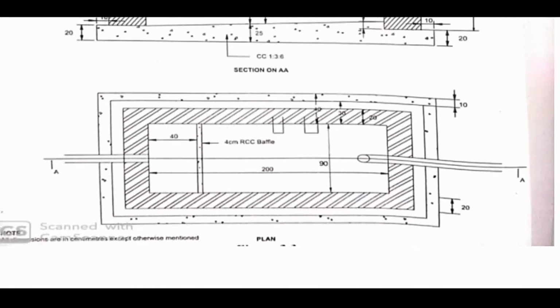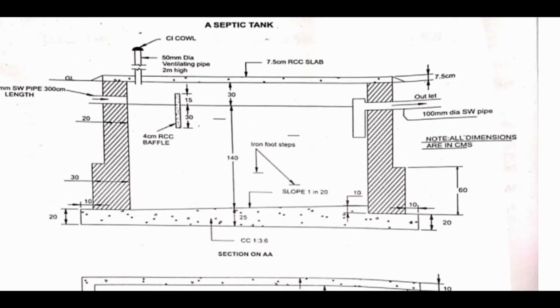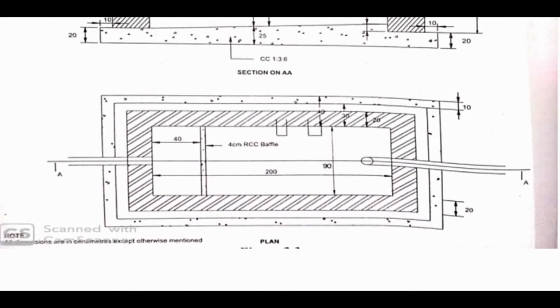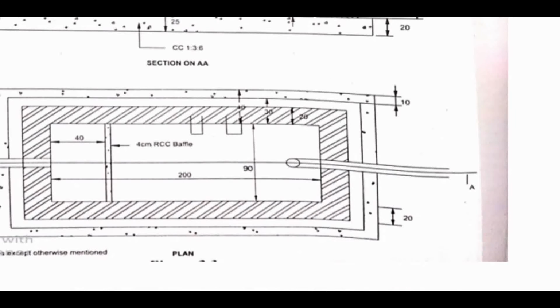So for that you have to see here in the plan what the thickness of that wall is. That is 20, right? Thickness of wall is 20, and the inside to inside dimension they had provided. So inside to inside dimension plus 20 you are going to get the total length. Again for the breadth, inside to inside dimension plus 20 you are going to get the total length, right?